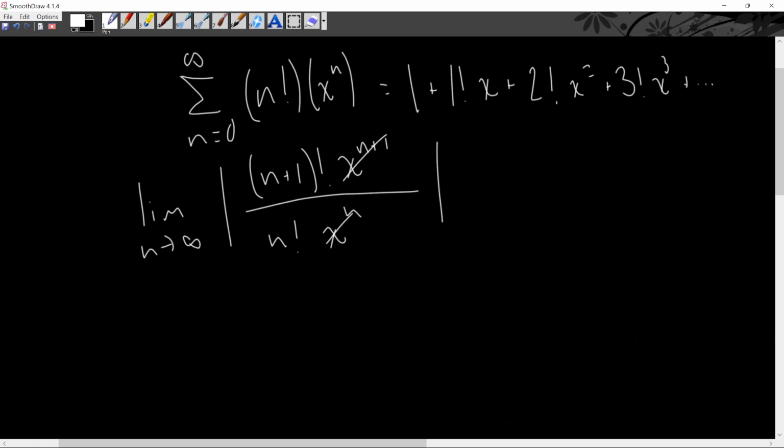We're left with x here, and then this cancels because this is n plus 1 times n factorial, so this and this cancel. So we're going to be left with the limit as n approaches infinity of x times